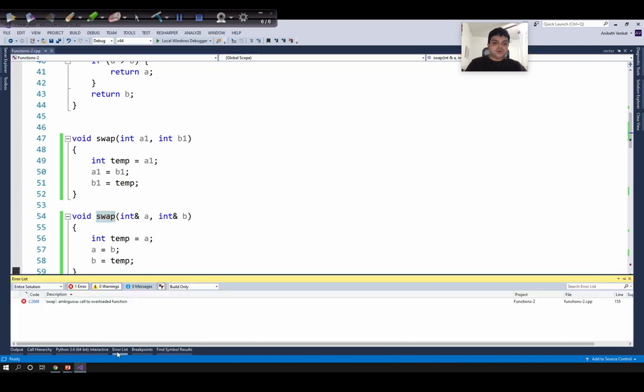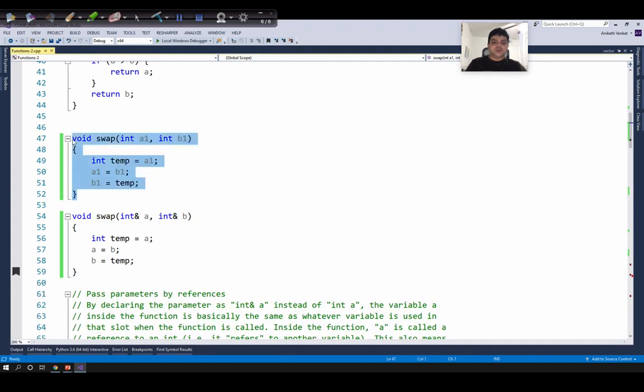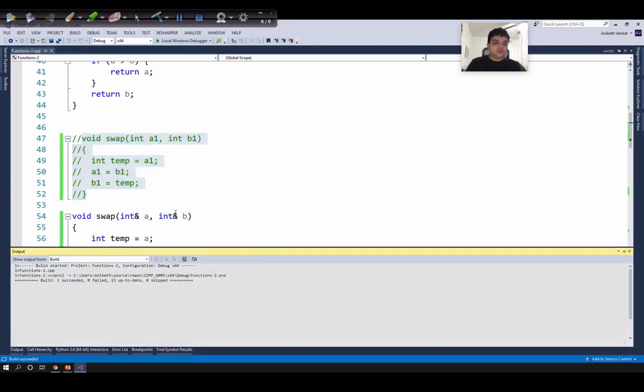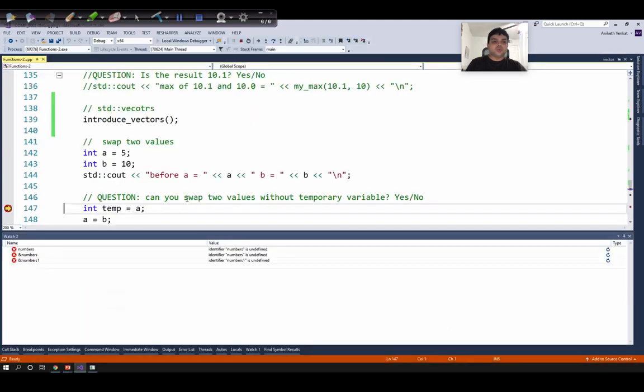This does not compile. So it's not sufficient to only have the difference between two overloaded functions as passed by value and passed by reference. You need to additionally have different data types, as we saw before. Let's comment this version of the swap. Now the program compiles, and this time let's check what will be the swapped values